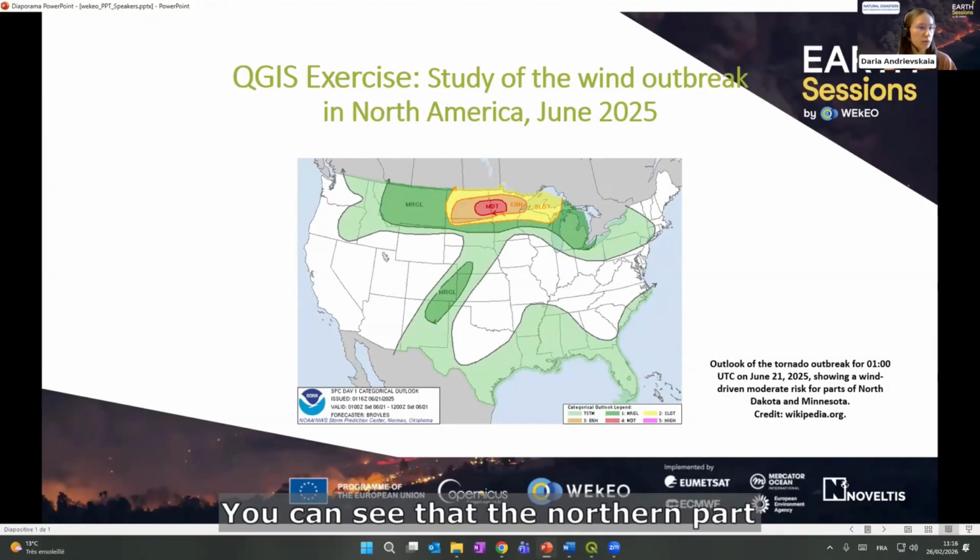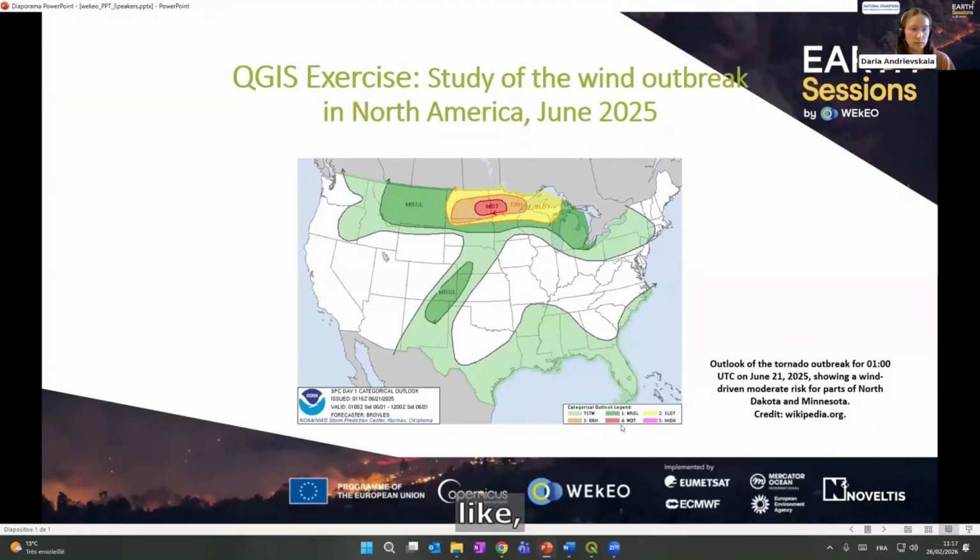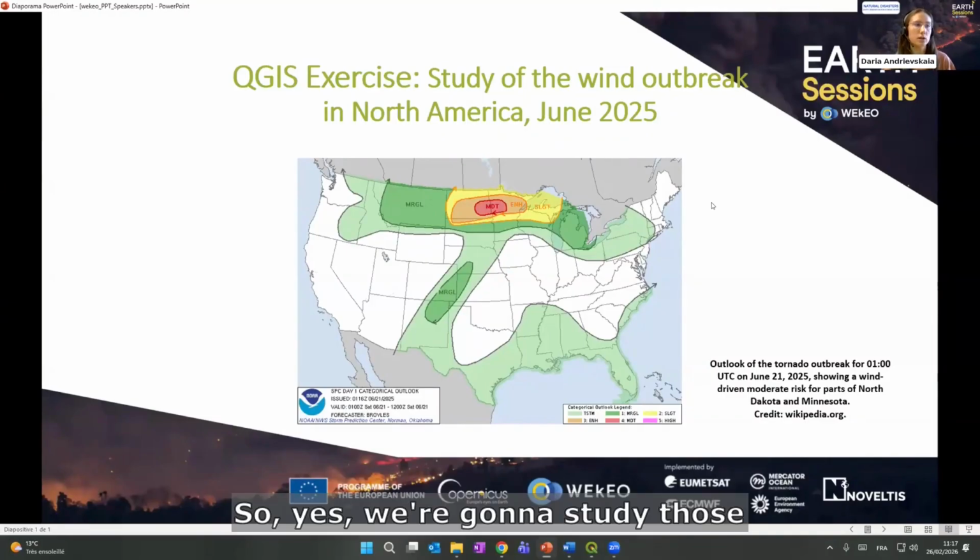The northern part of the United States was hit by quite strong winds. The red part, by the categories defined by NOAA, is 4 out of 5. So we're going to study those winds that occurred in this area at this time,